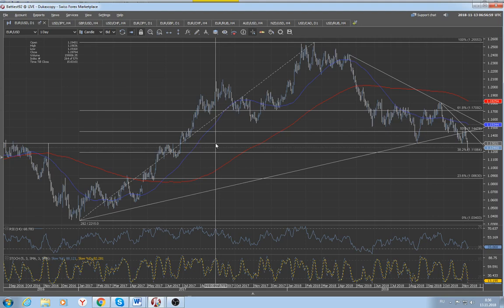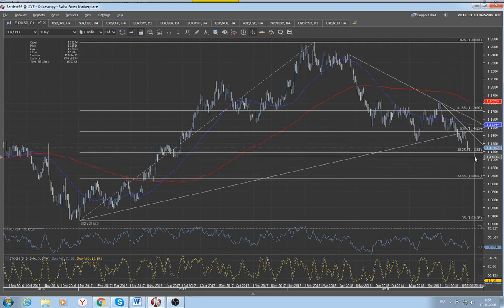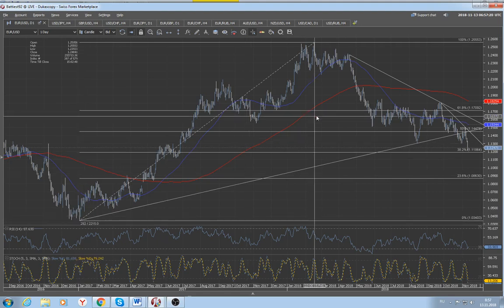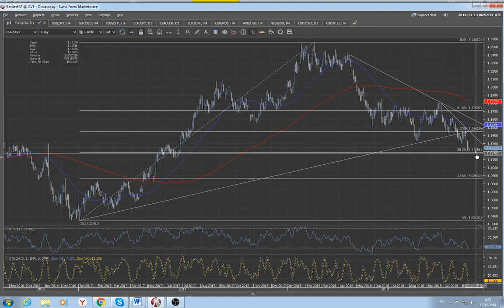From that point of view, and from the point of view of technicians, we should understand that the level 111.87, which is by the way the 38.2% retracement barrier from the rise of the euro currency from the lows of January 2017 at 103.40 to the highs of February 2018 located at 125.55, that level located around 111.86 should present a reasonable support barrier right now for the euro dollar.